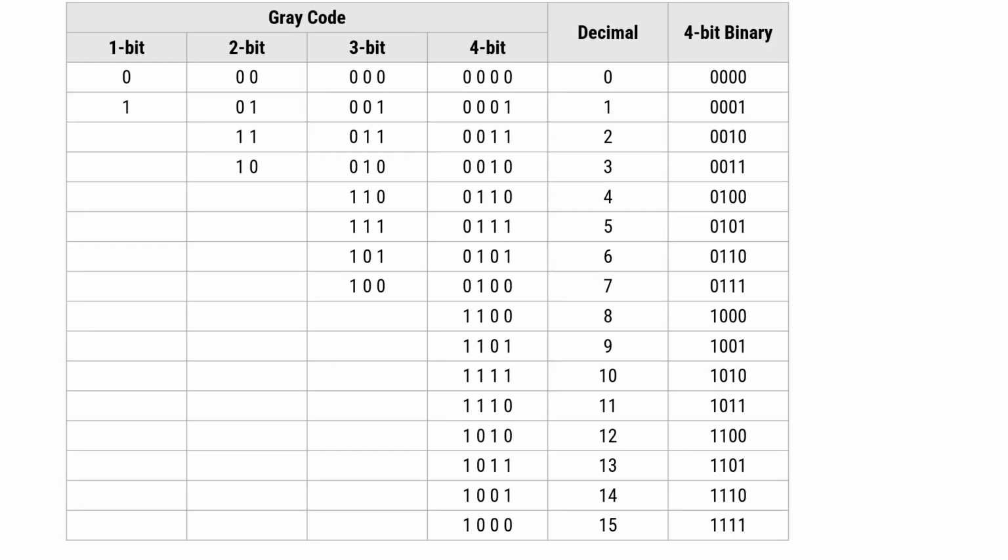So if I want to talk about it, say these are the examples of gray code. Now this is a decimal code. This is in binary form. Now in gray form, how will you write it? For 0, in 4-bit you will write 0000, 3-bit you will write 000, 2-bit 00, and 1-bit is 0. For 1, how will it be? 4-bit, 3-bit, 2-bit, and 1-bit you are supposed to write, right? So you have 0001, correct? Then in 3-bit you will write 001, 2-bit you will write 01, and 1-bit you will write 1.